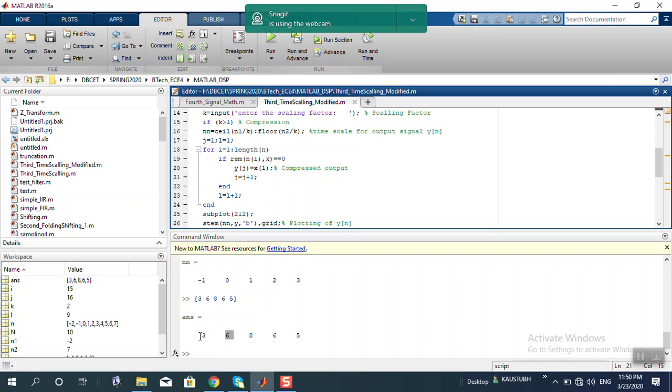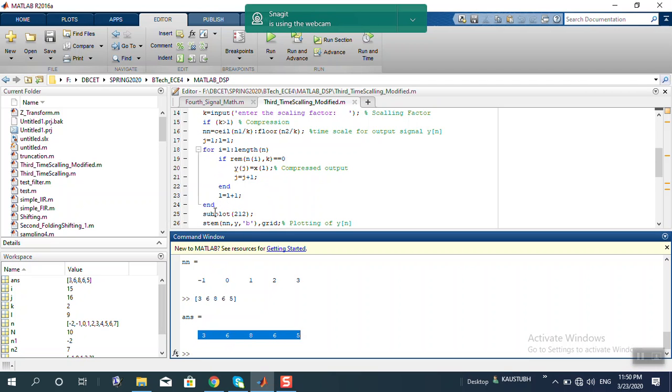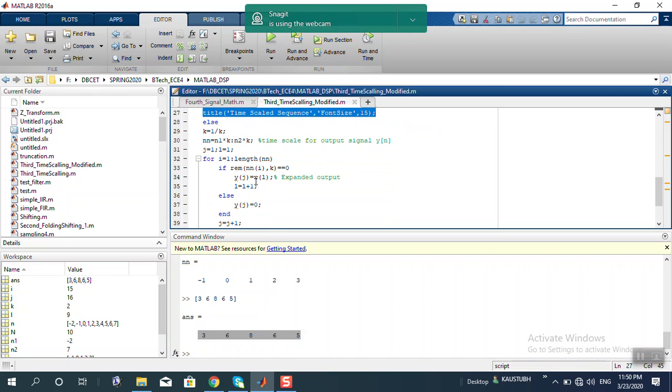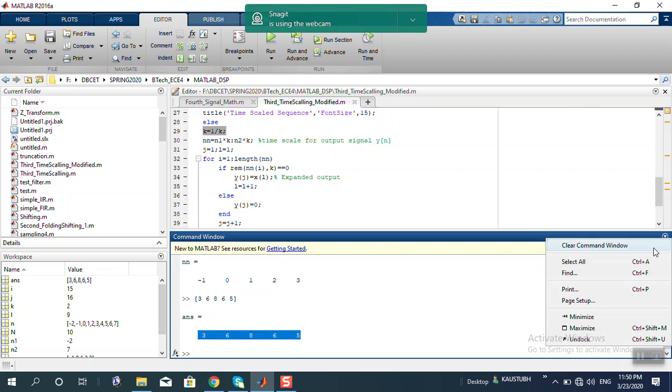So finally for this example you will get this value here in the y, and this part is again the plotting of the compressed signal. Okay, now suppose k is less than 1. Suppose I am giving k as 0.5. Let us